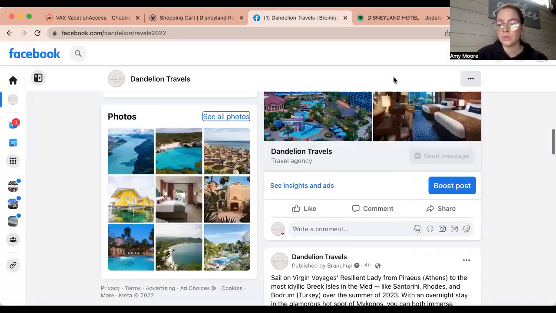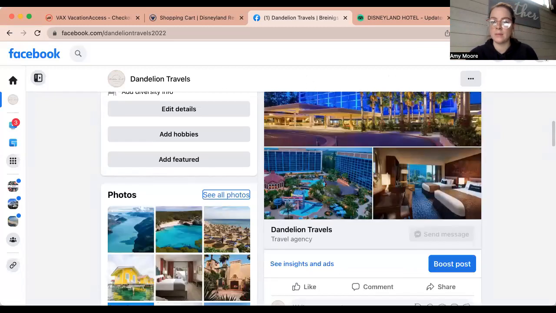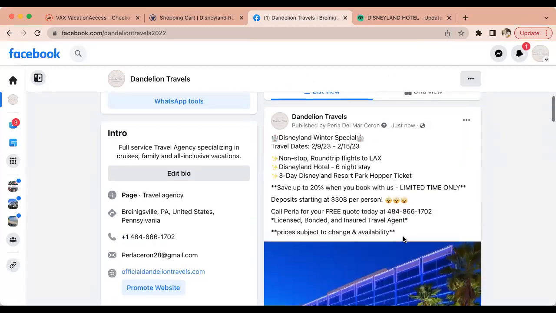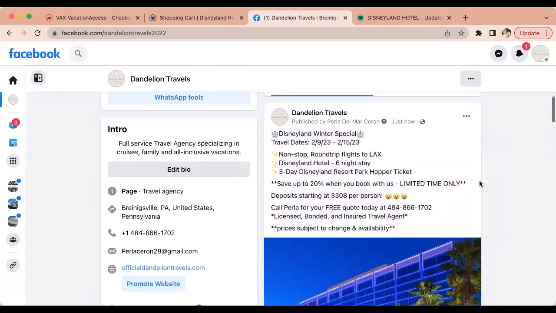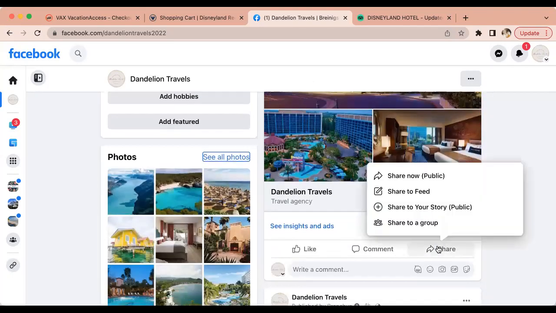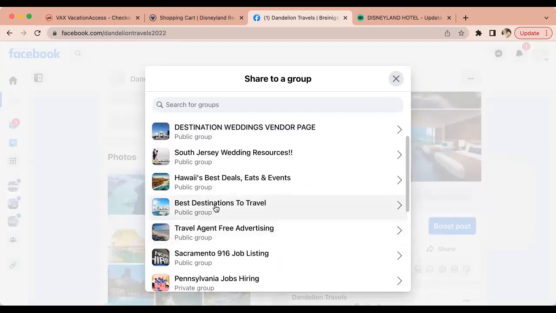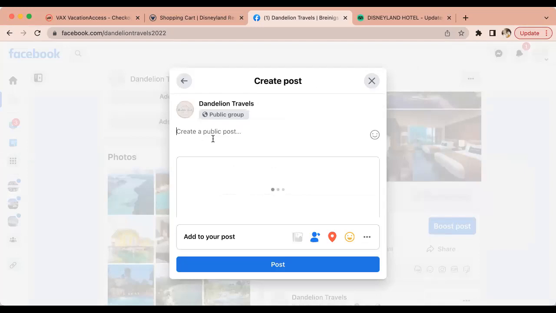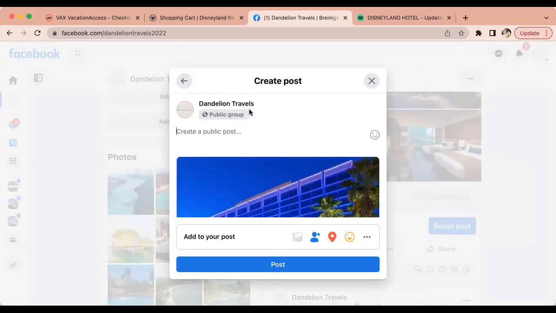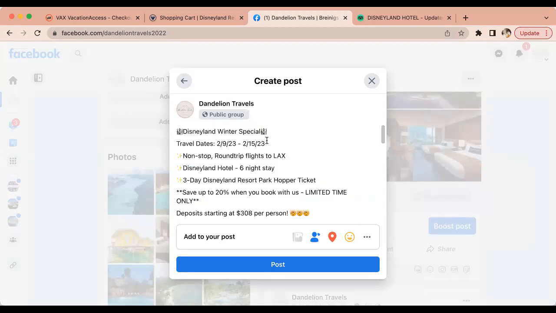Oh wait, what I wanted to do was get myself out of here. All right, I'm going to copy this and then share to a group. So, best destinations to travel, right? It's a public group. It doesn't have any rules. If there were rules, it would have a little thing here that says rules. So now I'm going to copy the